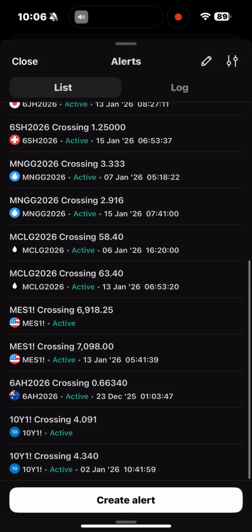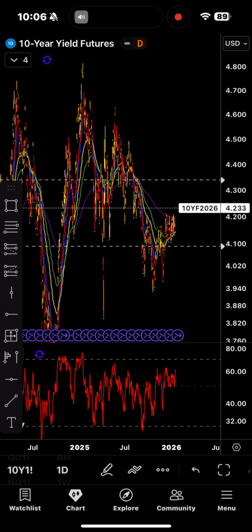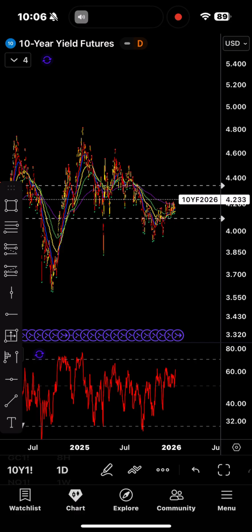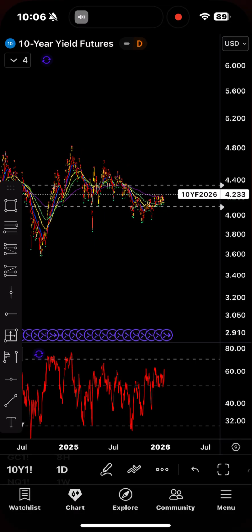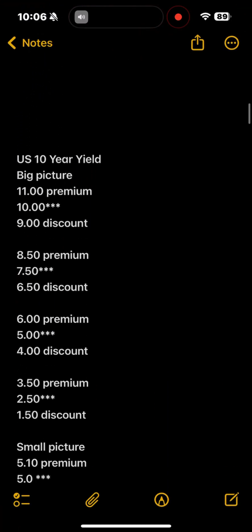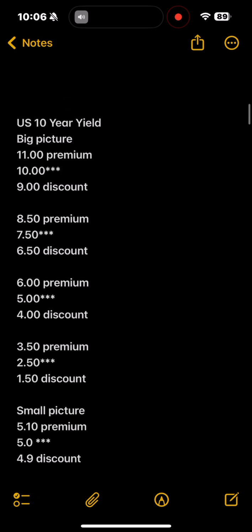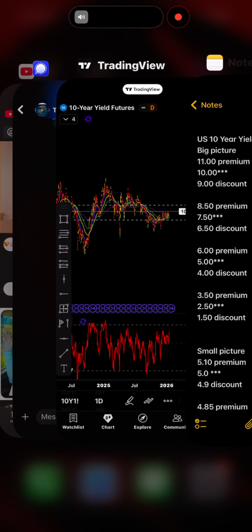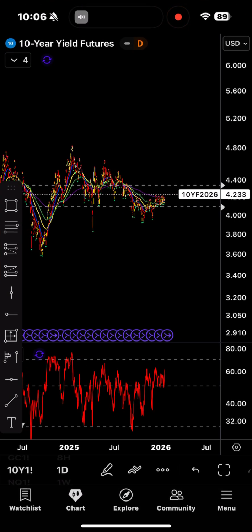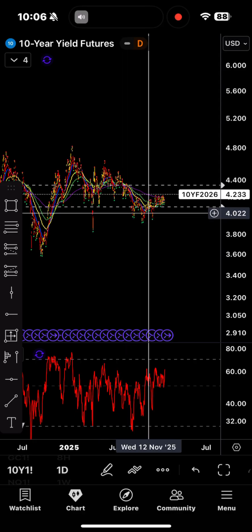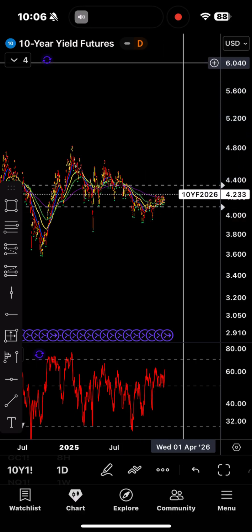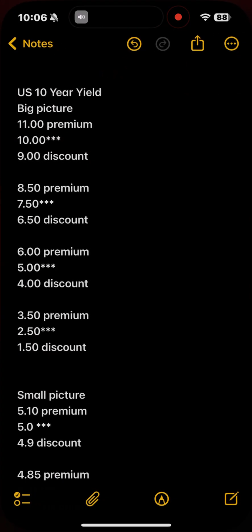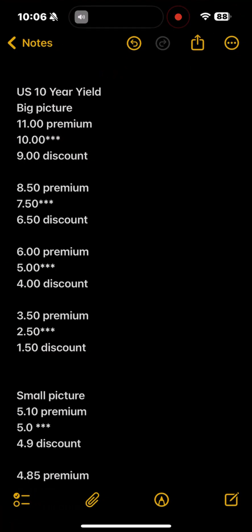Now, on the 10-year, you're dealing with a percentage, 4%. 4% is a buying position. 6, 5, 4. 6 is the premium, 5 is the middle, and 4 is the discount. We could buy from the 4. It's starting to elevate off the 4. Well, what if it's not 4? What if it goes down and drops below 4? Then it's going to 1.5 down there. If it's going up from 4, which it looks like it is, it's heading to the 6. What if it gets above 6 and it's going 6.5, 7.5, 8.5, up towards 10%?